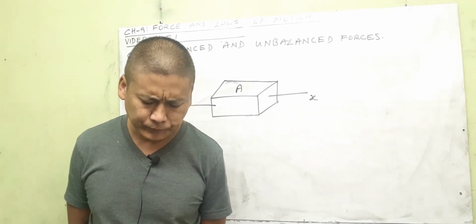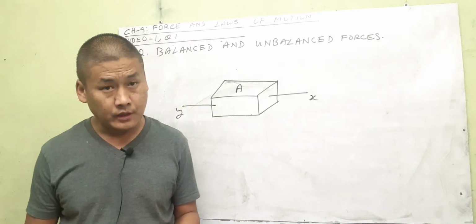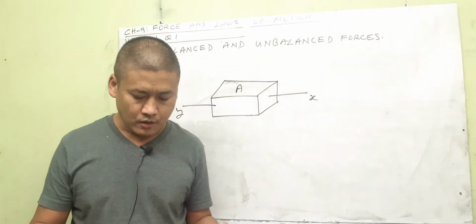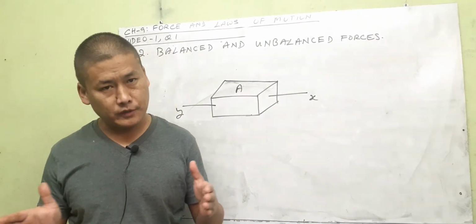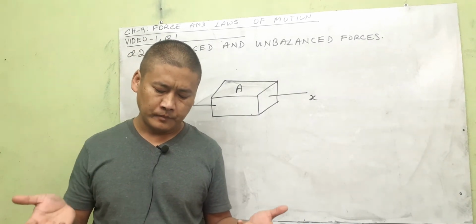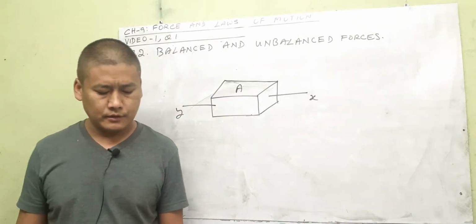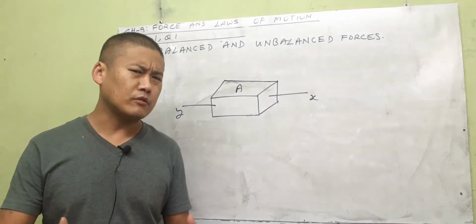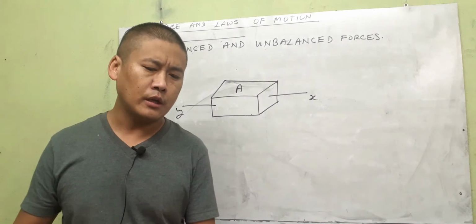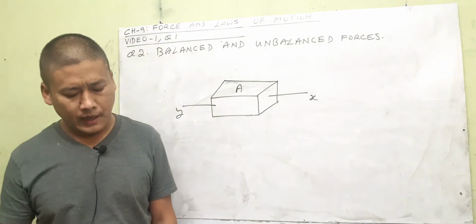Thus, when forces acting simultaneously on a body do not bring about any change in its state of rest. If it was at rest, it continued to be at rest after application of the two, three forces. Or if it was in uniform motion, 40 km/h, after application of the force also, there is no change in the uniform motion, it continues at the same speed, then such forces acting simultaneously on that body, which are not causing the resting body to come to motion or the body in uniform motion to change its speed or come to rest, such forces are called balanced forces.